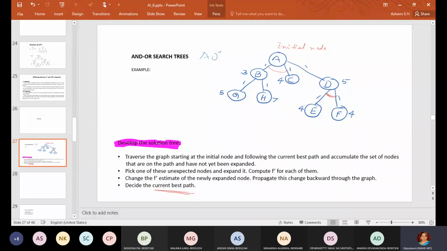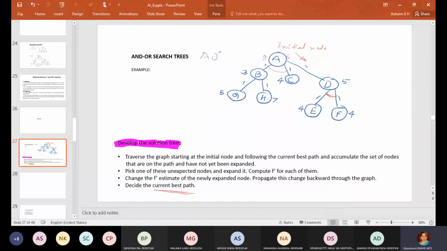First, based on our AO star logic, since an AND arc is present here, you have to add 3 plus 4 plus 1 plus 1. So for this one, 4 plus 3, 7, 8, 9. I will write the heuristic value here, 9 for this one. Come to this side. The immediate next child here has heuristic value 5, 5 plus 1, 6. Now compare these two values, 9 and 6. 6 is less, so you have to follow the path wherever the heuristic value is smaller.